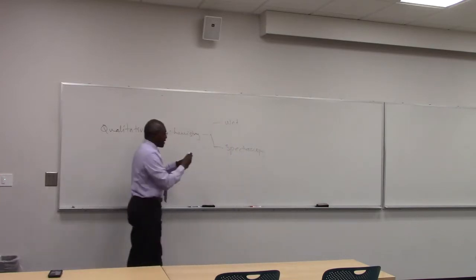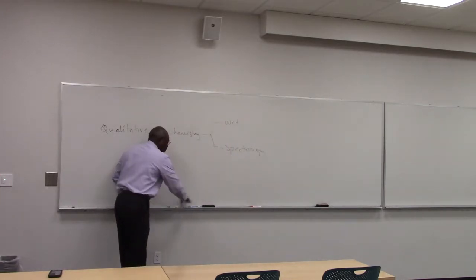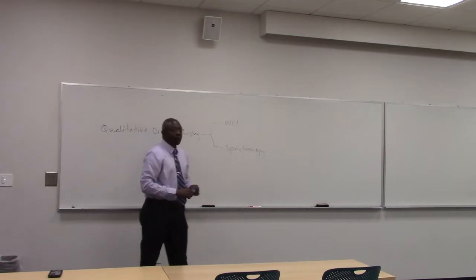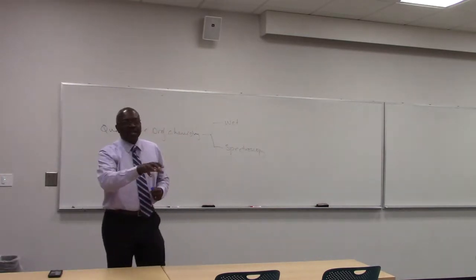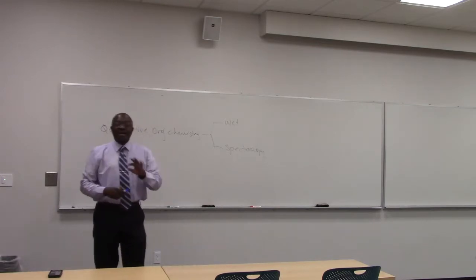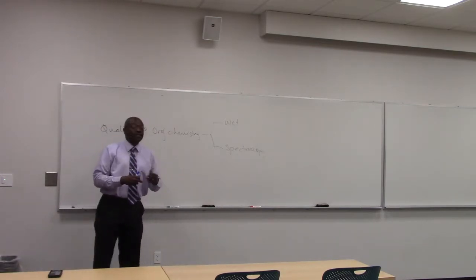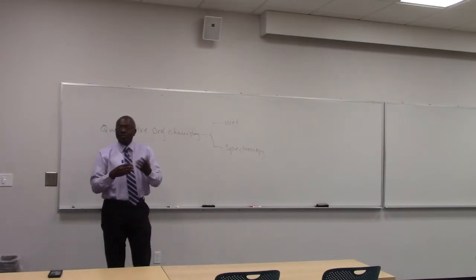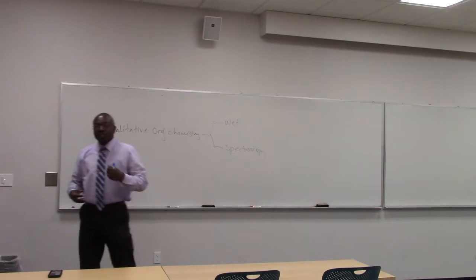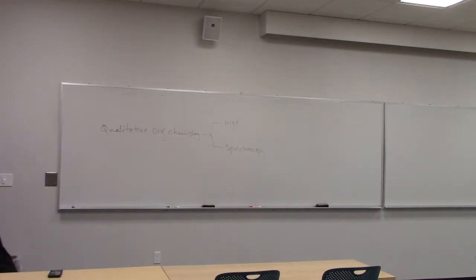We spent some time looking at wet chemistry, the various tests for alkenes and alkynes, distinguishing terminal alkynes from internal alkynes, looking at aldehydes, ketones, alcohols, haloalkanes, and so on. You can do those by a series of chemical reactions. You look for color changes, precipitates, and so on. But